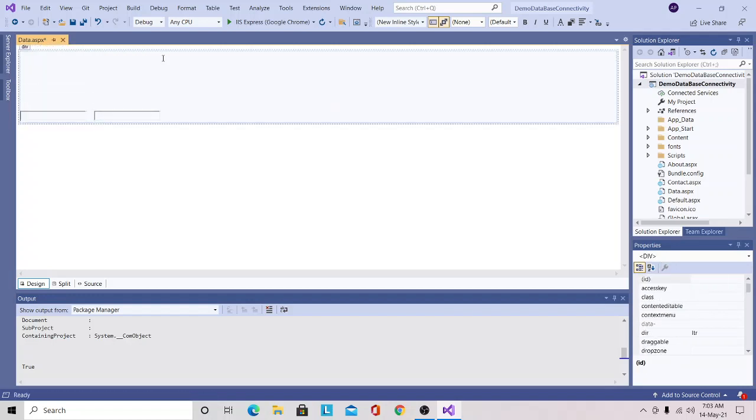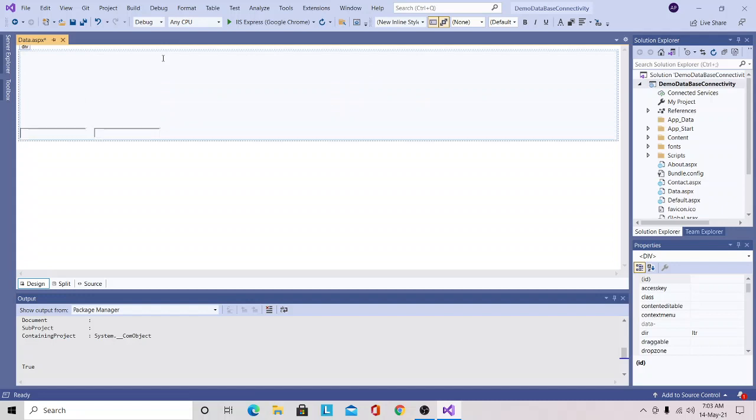Then I will press the enter key so that these two server controls will appear at the bottom of the web page. Then here I am pressing spacebar in order to locate the server control in the middle of the web page.